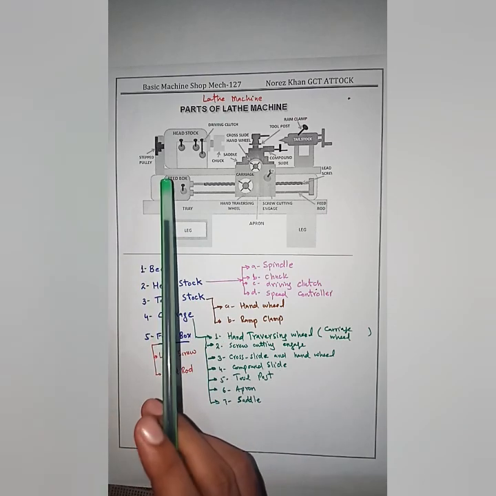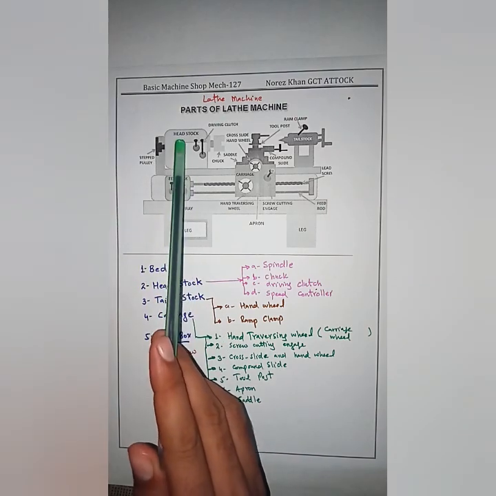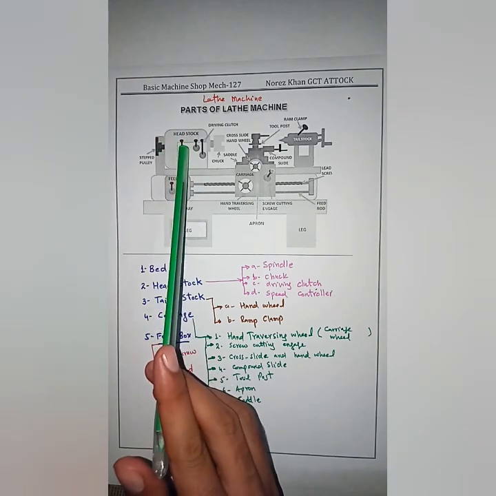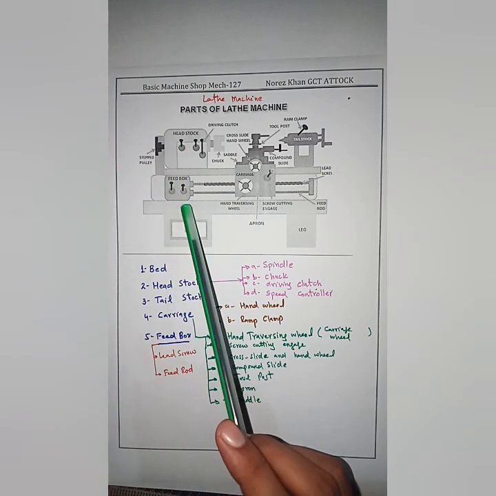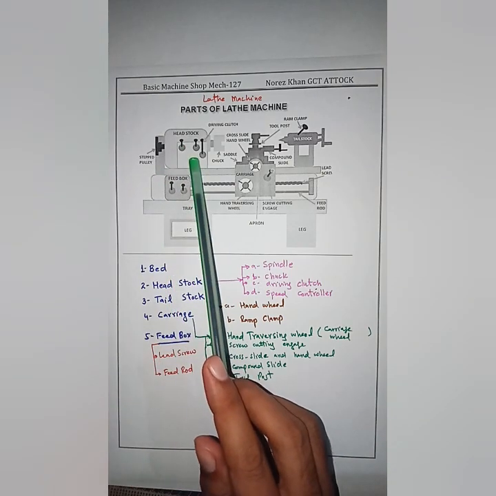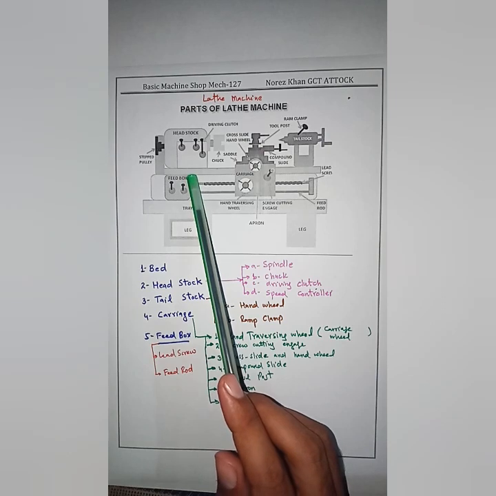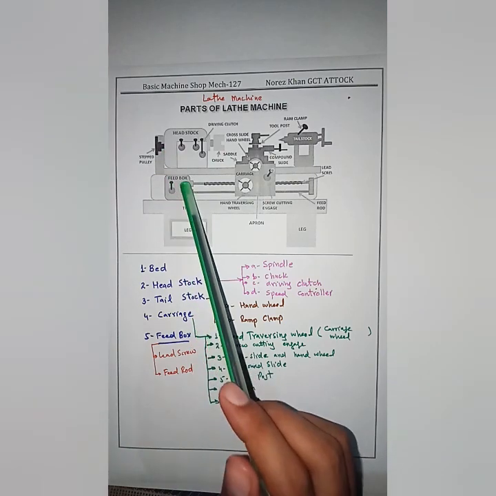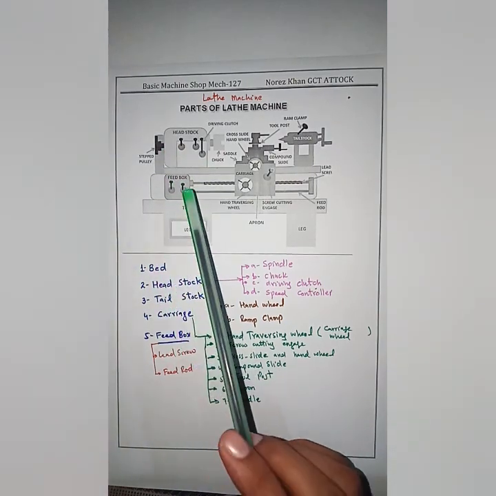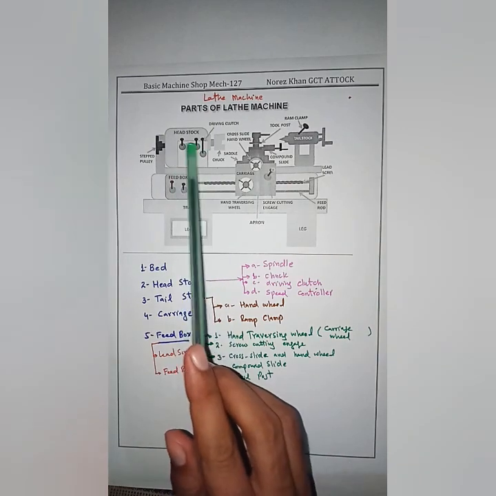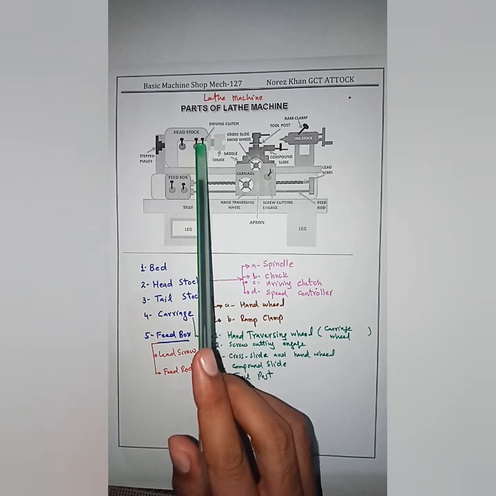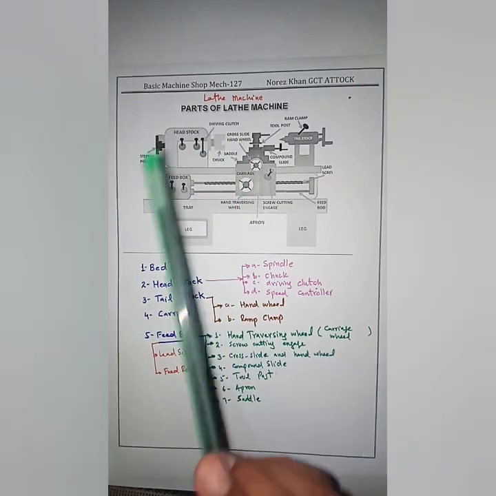Now we talk about the second major part of a lathe machine, which is called a headstock. Here you can look at the part. That part is called a headstock. It is the fixed part of a lathe machine which is present on the left side of a bed. It is a housing for the driving pulleys and back gears, etc. It provides bearing for the machine spindle. Here you can look at the spindle, and it keeps the machine spindle in alignment with the bed.